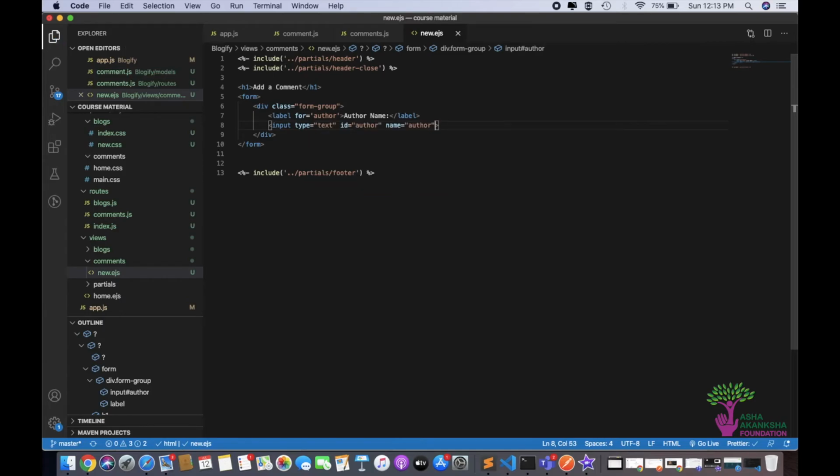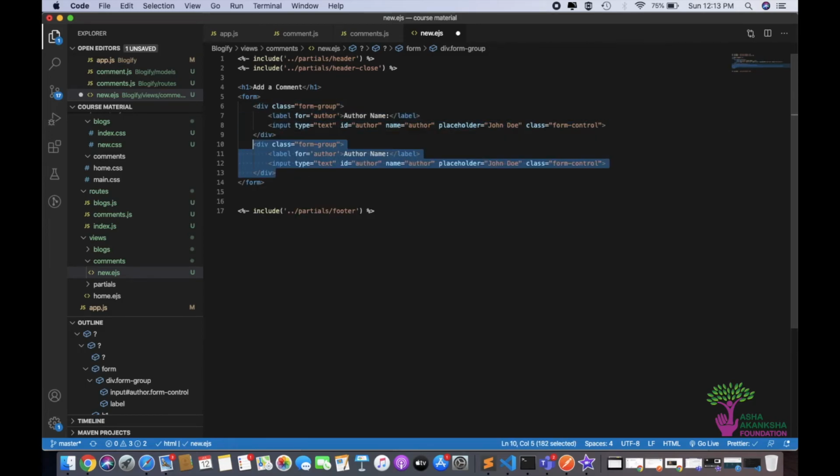Really good suggestions there. You can type this out. And the placeholder will be, let's do some sample name that a lot of people use in programming, John Doe. Great. And if you remember, the class needs to be form control. So now we can copy this once, and we can change the label for, and let it be content,